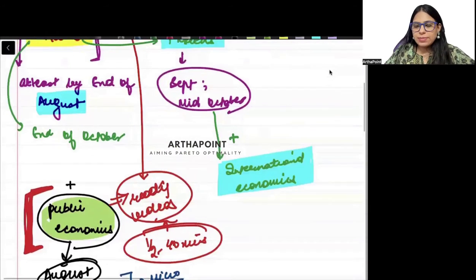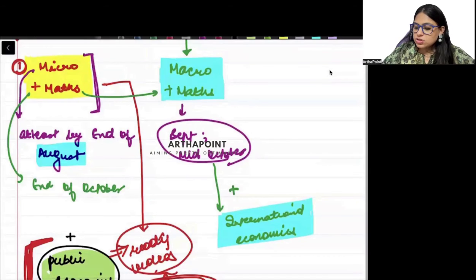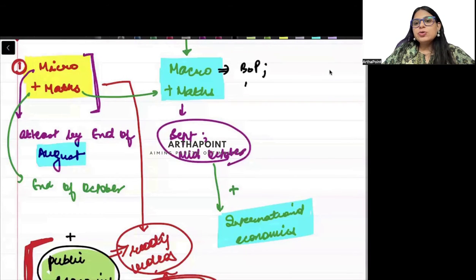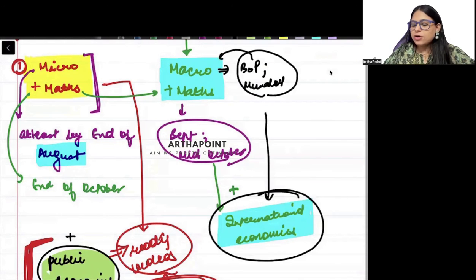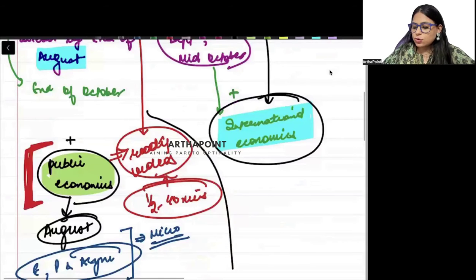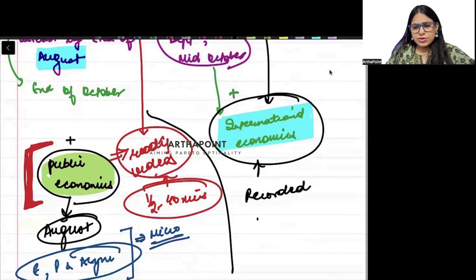Why international? I'm asking you to pick with macro, because in macro at that time I will be doing with you balance of payment. I will be doing with you Mundell-Fleming model. तो जब मैं macro में international कर रही होंगी, you can do the theoretical part of international. Again, this would be available under your recorded video lectures, already provided to you.